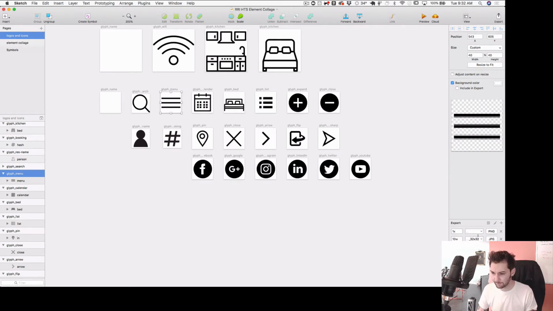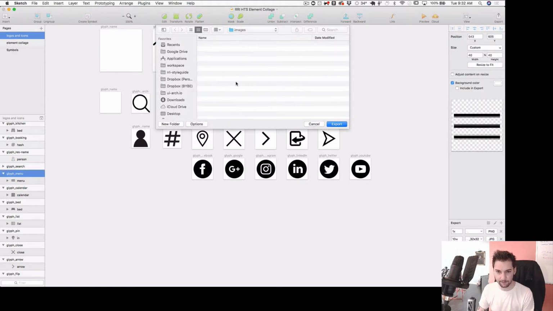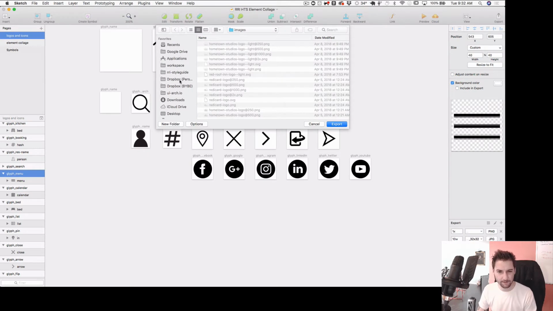Another thing is I like to set up and create multiple versions of it. So Sketch has this nice thing on the different artboards where I can provide different widths of them. So I like to create JPEG versions of them as well. Sometimes I'll do a light and dark version of it. But the SVG is really the important one. It's just nice because you can generate the different sizes of these. I can do them. But basically for this one, what I will do is I will export this